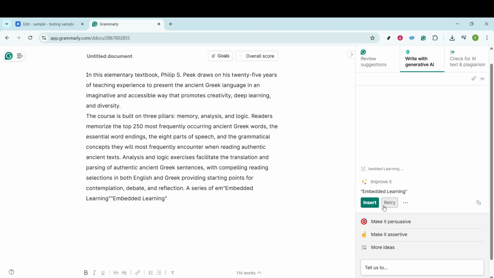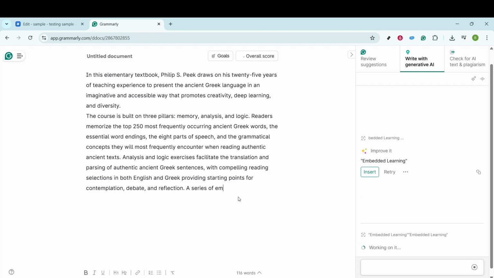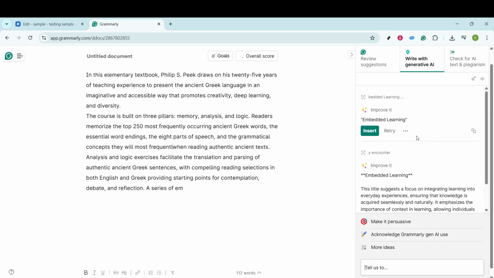Finally, once you've reviewed all the suggestions, assess any remaining issues and make your final decisions on whether to accept or reject Grammarly's advice. By doing this, you ensure that your manuscript is not only grammatically correct, but also consistent with your narrative style and voice. And there you have it. By using Grammarly,